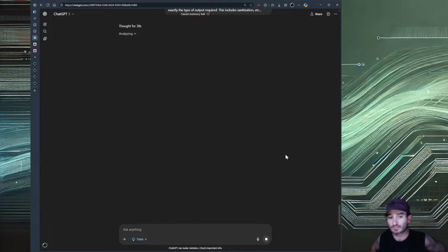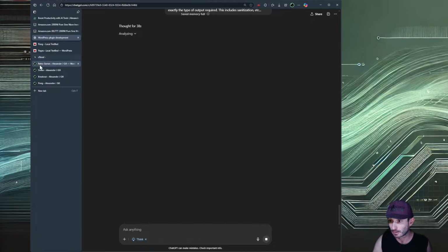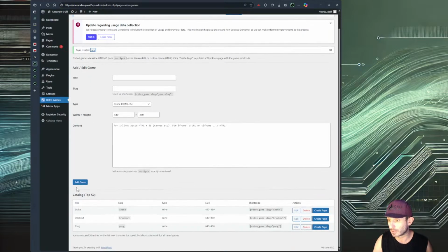Anyways, pretty impressive though. I mean, it didn't do it the first time around. I had to use the think deeper or think longer feature. I didn't do the deep think or deep research. But it worked. It's produced a functioning plugin thus far. I can add a game too.